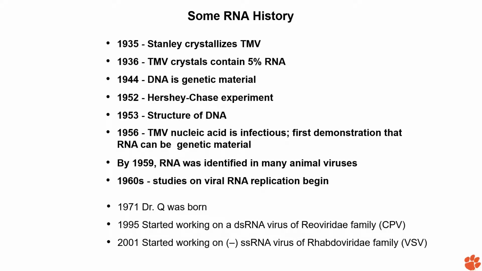So I am old, you can just imagine that. And then in 1995, as a graduate student, I worked with a double-stranded RNA virus of the Reoviridae family. It's CPV, cytoplasmic polyhedrosis virus, that I worked on as a graduate student. And then the rest of the career I spent with the Rhabdoviridae family, the vesicular stomatitis virus. And we'll see that we discovered some of these host factors and two entities of the RNA polymerase that we will discuss in the material.